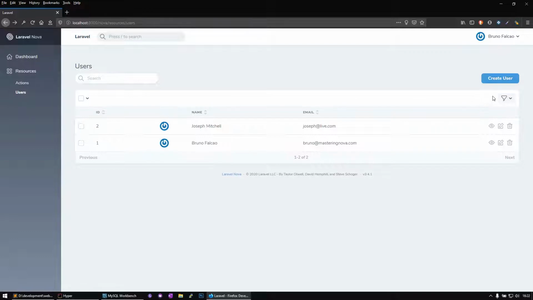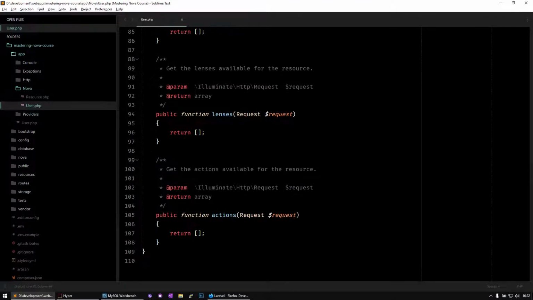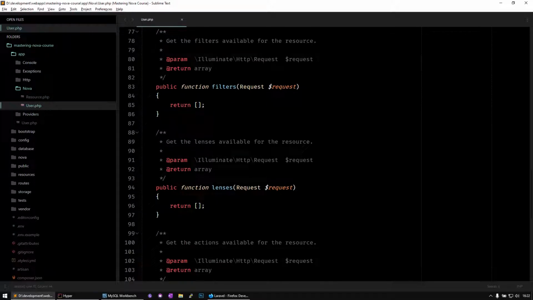It appears a filter that you can do for the fact that you want to filter information like only, I don't know, give me only lines that the email ends with live.com. So that's a filter. Then you have lenses, that is a different way of seeing information based on business filtering